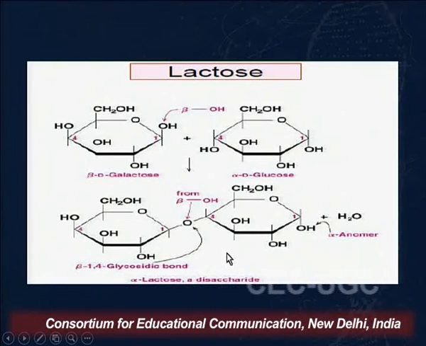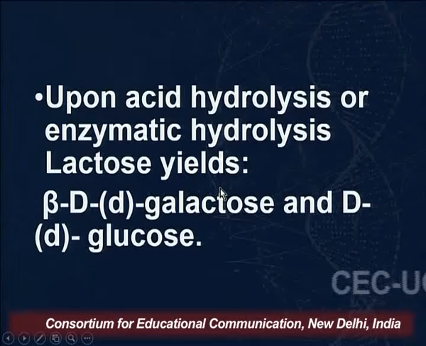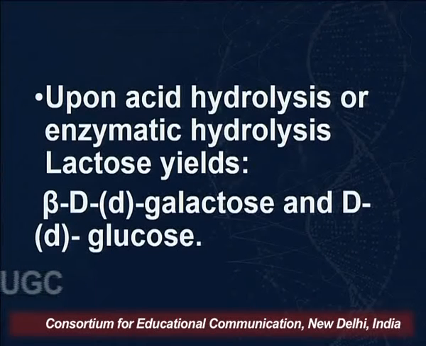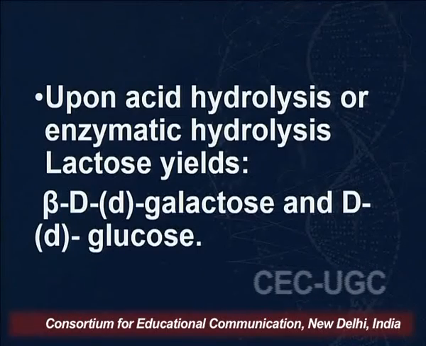So why is it alpha lactose? Because the orientation of OH at the hemiacetal carbon is downwards. That is, CH2OH and OH are trans to each other. But if the question is asked on the linkage, then please remember the linkage is beta glycosidic linkage, beta 1,4 linkage. So the next thing is, you know that this reaction is reversible. So we know that if we carry out the acid hydrolysis of lactose, we will get beta